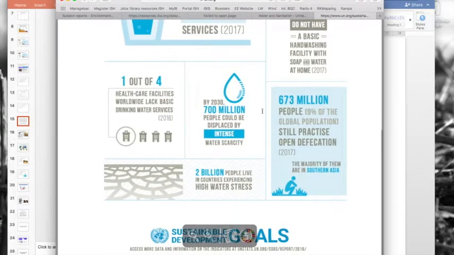Number 1, just a quick point. Practice open defecation means that these people don't have access to bathrooms, they don't have access to toilets, therefore they find a place and they go to the bathroom there. Hopefully outside of an urban settlement, but it can be that this refers to an open sewer which people simply squat over.